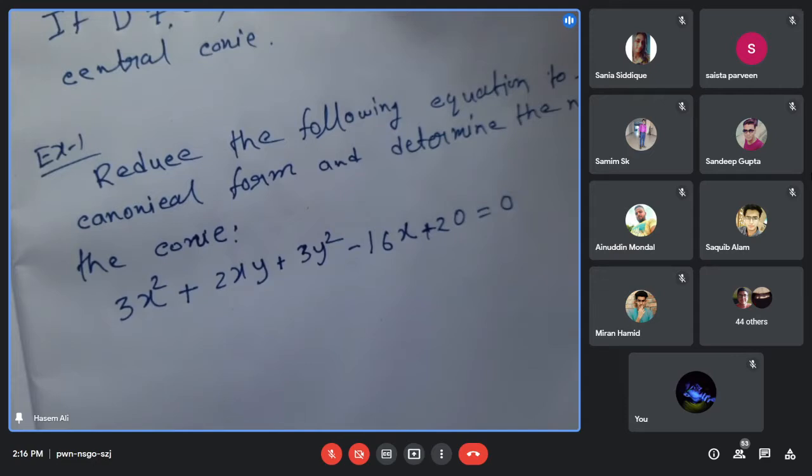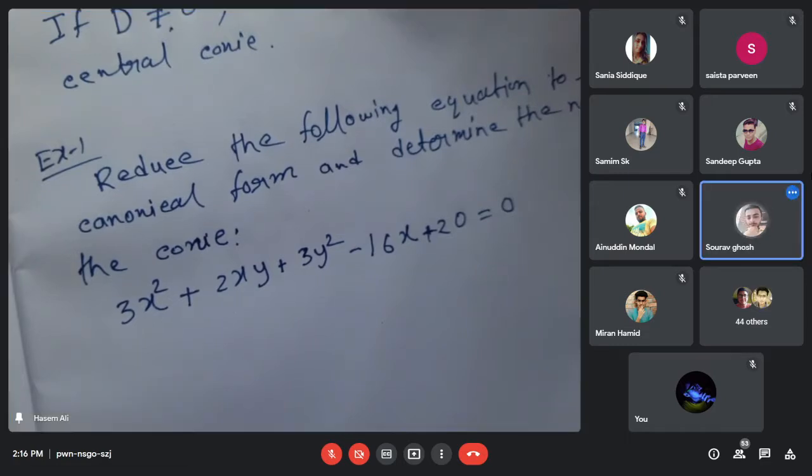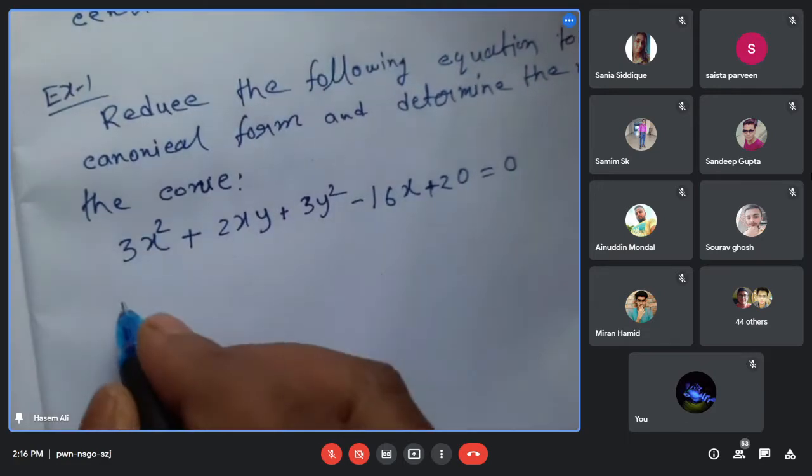This equation represents which curve? Circle, parabola, ellipse? স্যার সার্কেল মনে হচ্ছে। মনে হচ্ছে বলে কিছু হবে না, আমি তোমাদের প্রসেসটা দেখাই। হ্যাঁ, ফার্স্ট you have to check